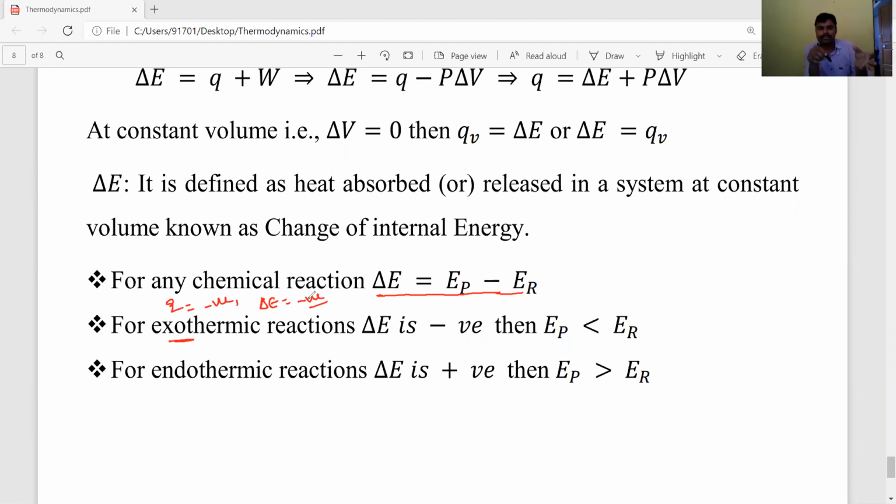If Q is negative, it means the system releases heat. When the system releases heat, the internal energy delta E decreases. That's why delta E is negative. Okay, students? Listen carefully. So, for any chemical reaction, the delta E